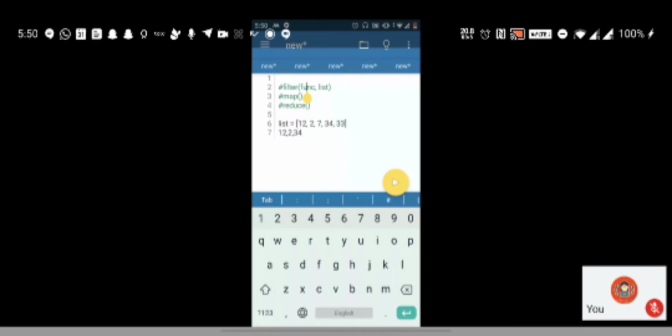So in this case, if the function is that the number should be an even number, then the return of this filter func on a list will only be the even numbers of the list. So this is what filter function does. I'll just show an example as well for this. Okay, so if I have a list,